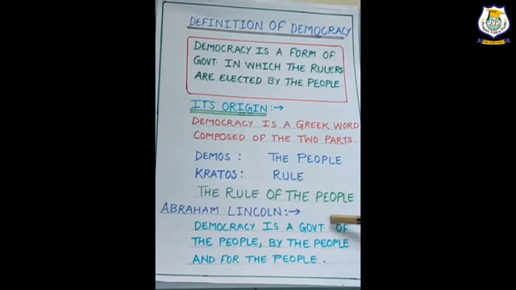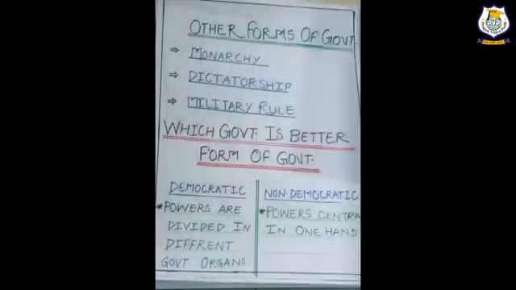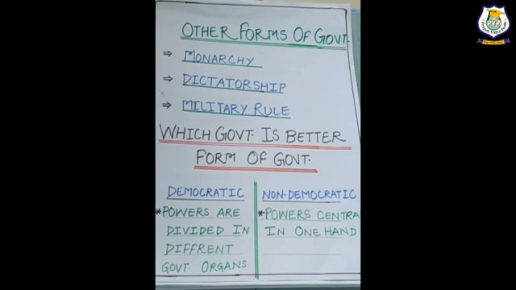We have one more definition which is a very well said line of Abraham Lincoln about democracy, that is, democracy is a government of the people, by the people and for the people. So in this way we see that democracy is a type of government in which a majority of the citizens take participation in the formation of government. Now we have one question. Do we have only one type of government in the entire world?